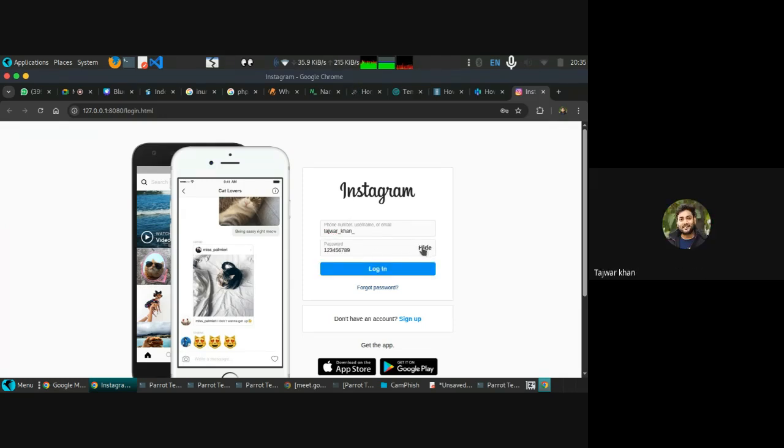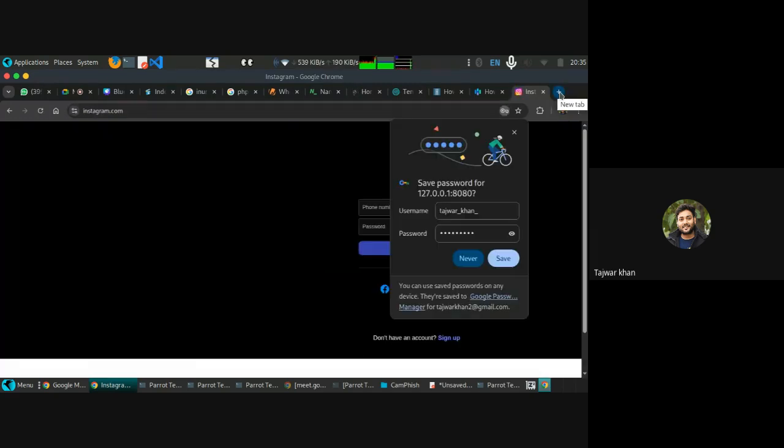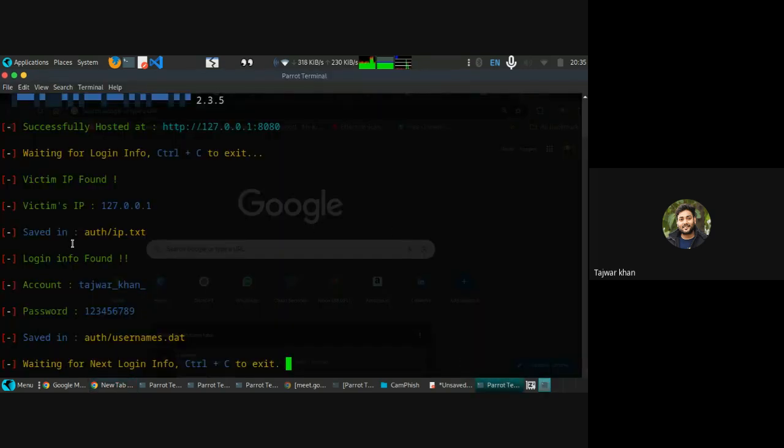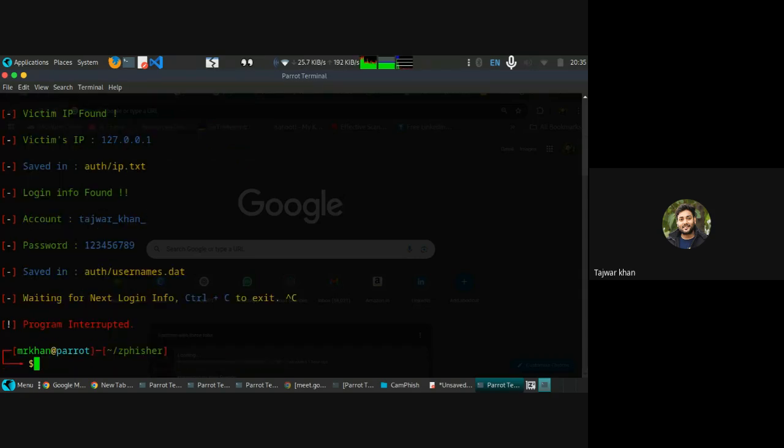I'm just writing this password as 123456789, and if I click on login, you will see the actual Instagram is getting opened, Instagram.com, but there will be something. So now login info found, account was Tajwar Khan. I entered this information, this was the password, and in fact, this got actually saved somewhere. Clear?